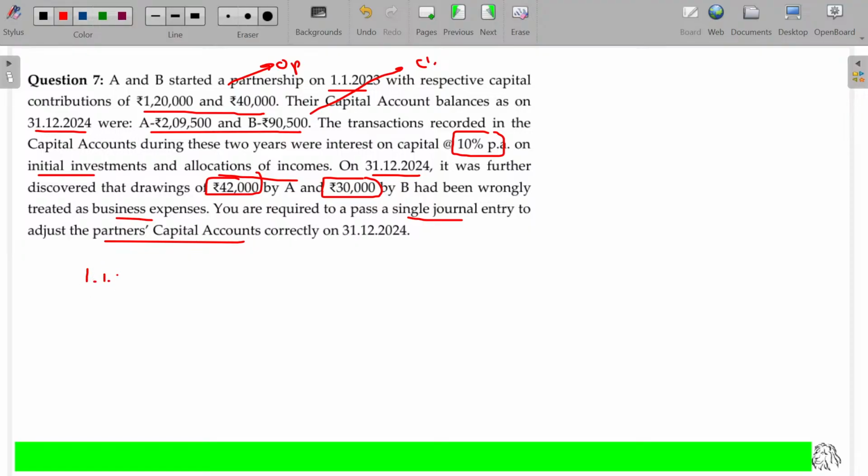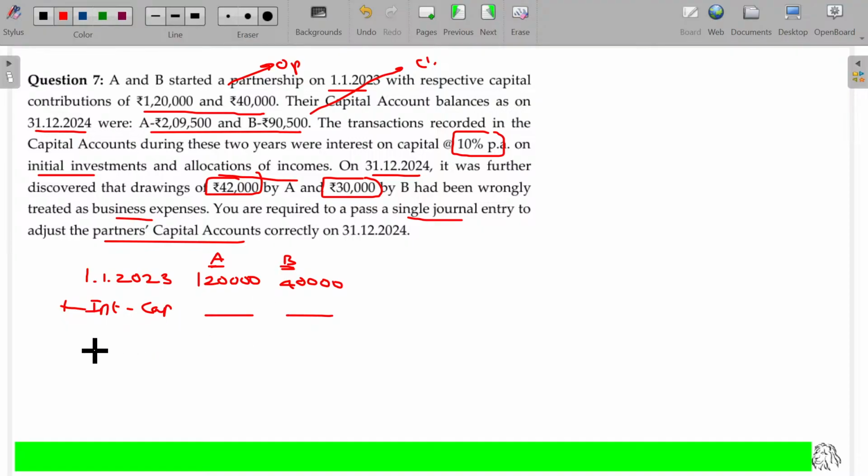On 1/1/23, the capital of A as well as capital of B, how much was there? Started with 1,20,000 as well as 40,000. And during the 2 years period, interest is added, interest on capital,